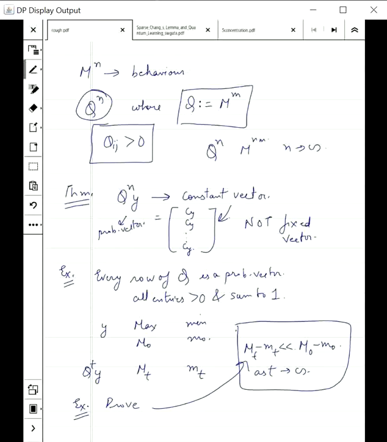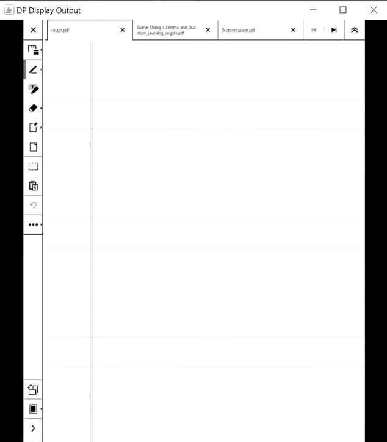So in every step, you will be able to prove that M1 minus m1 is less than some constant times M0 minus m0. This constant is less than 1. And you keep doing this and you'll see that it will become smaller and smaller. So my advice is you try to prove it formally. If you can't, take a look at the proof in the notes. This is good enough. We have proved that